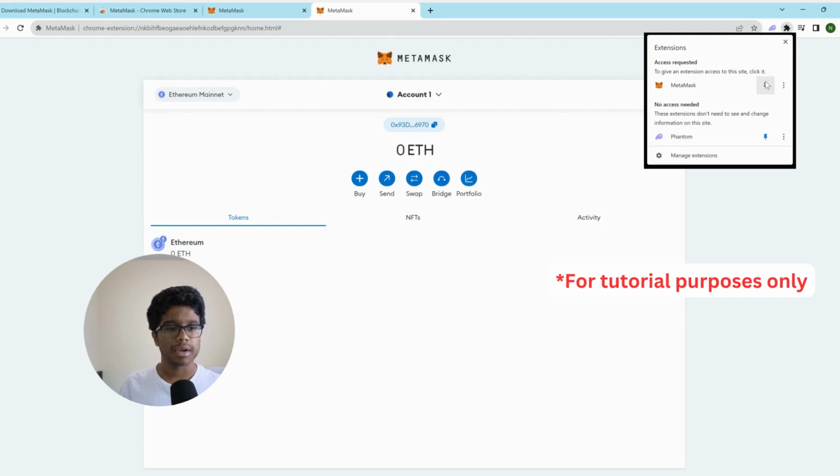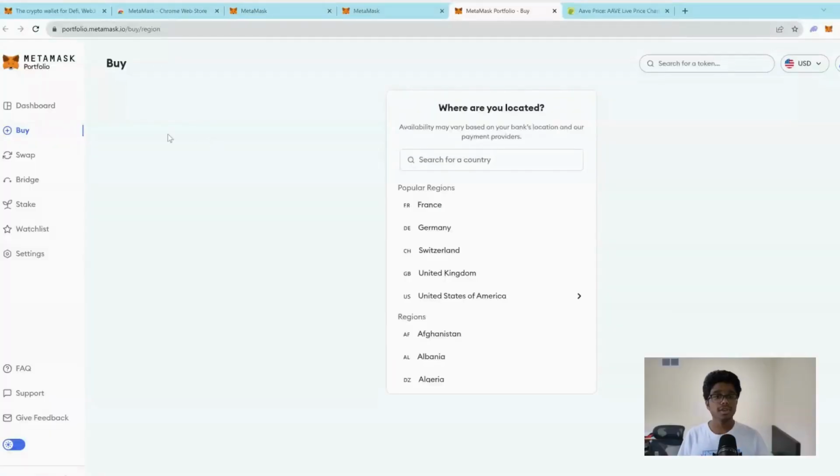Now we have to pin our MetaMask extension. So for the first feature, we have the MetaMask buy page, which allows you to use your credit card and other on-ramp methods to get ETH onto your wallet. But I would recommend getting ETH onto an exchange like KuCoin, Binance, or Coinbase, then depositing it to your MetaMask